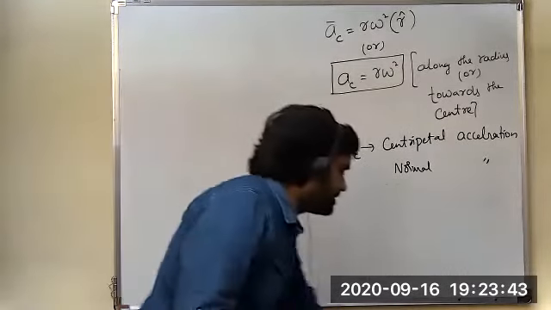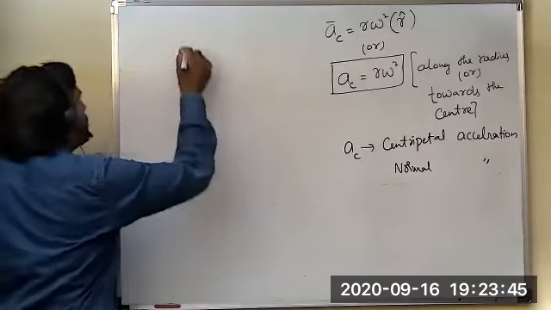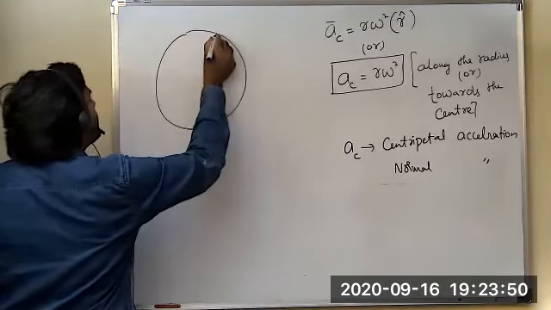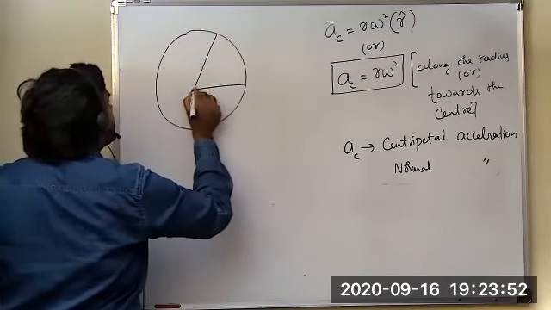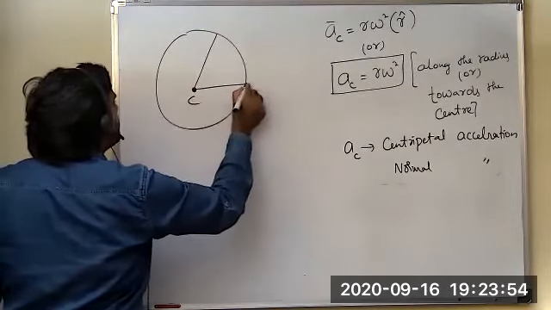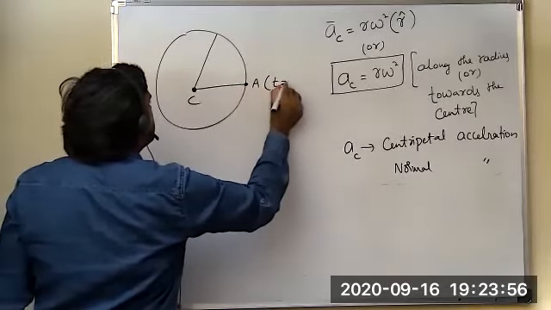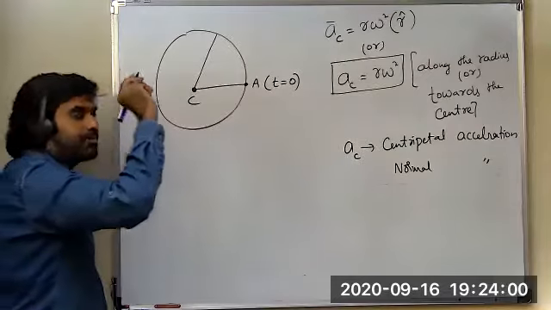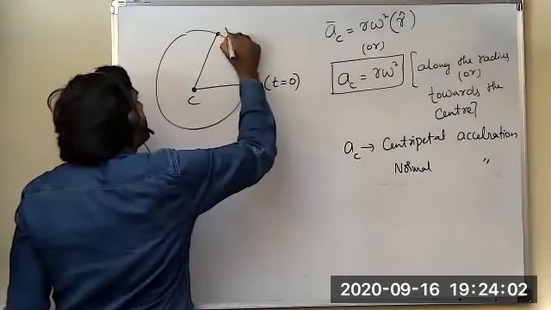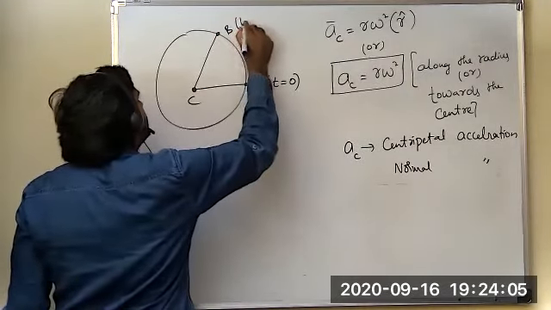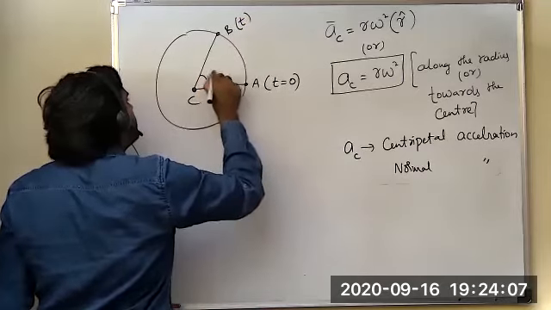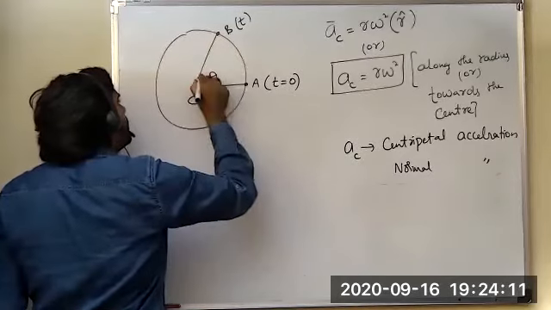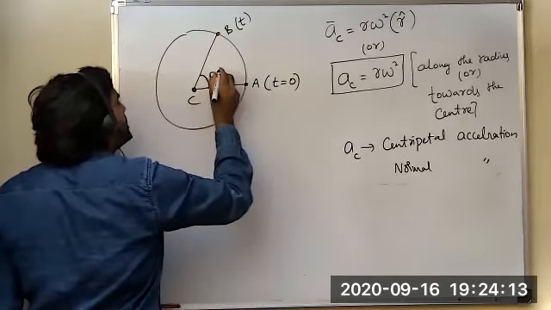Listen carefully, students. If a body is moving on a circle in general, now I am taking a general case. Let us consider this is the center of the circle. This is the initial position, started at t equal to 0. Before, I analyzed the same thing in the coordinate system; now I am taking a general case. This is B after time t, subtending an angle theta. Now, in order to go from A to B, the body has covered an angular displacement theta.